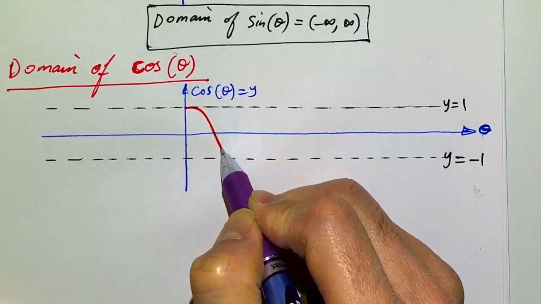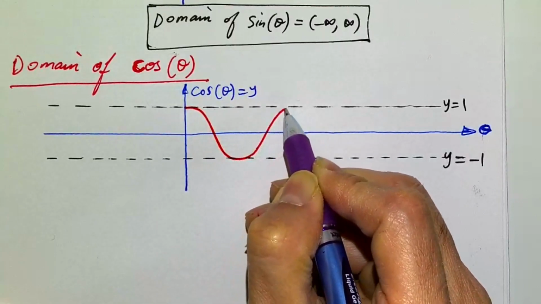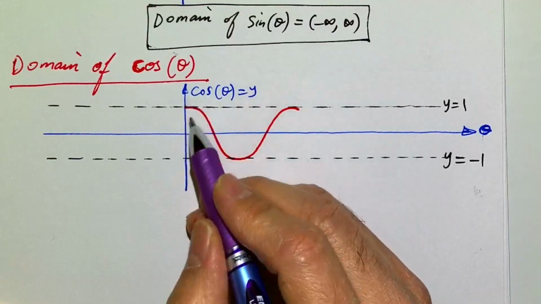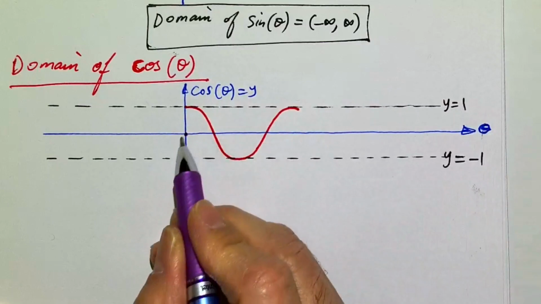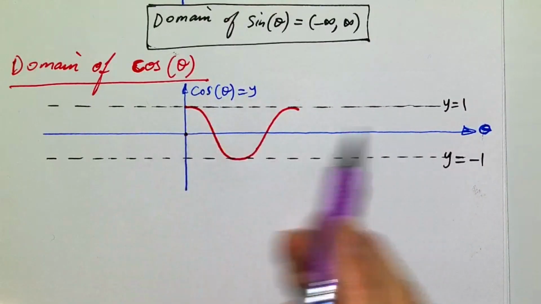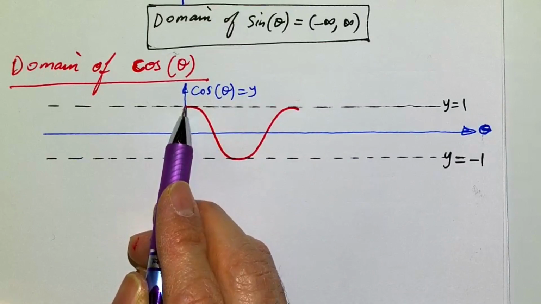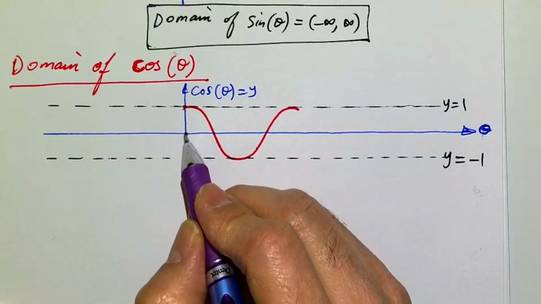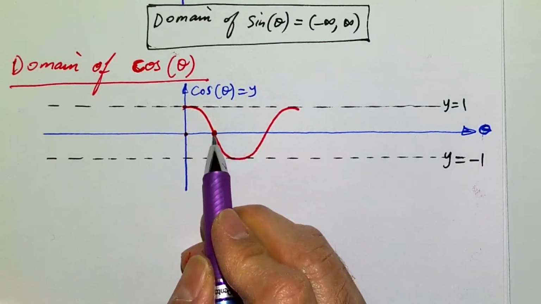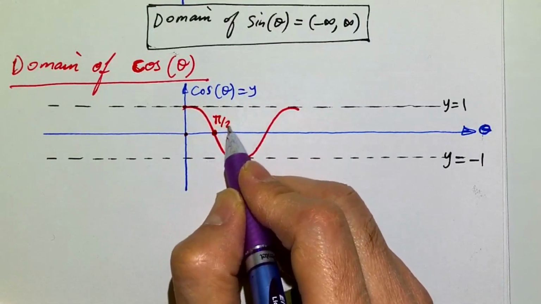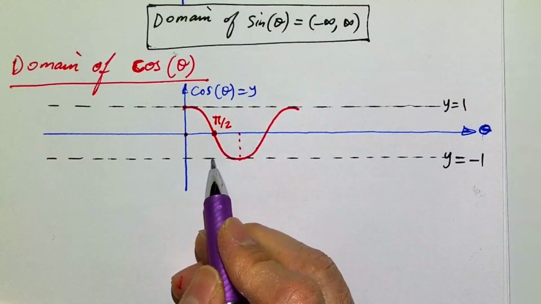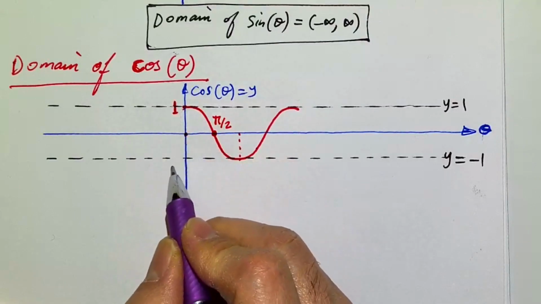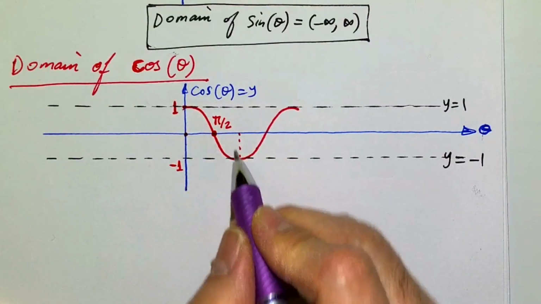So we start from here. This is what the cosine function does. It comes down here, goes back up, and then curves back down again when it hits the y equals 1 line. Okay, so now we know that at theta equals 0, the cosine function is 1. It's at its highest value, 1. Cosine of 0 angle is 1. If at 0 it's 1, when is it 0? It's at pi over 2. Then if it's 1 at 0, at which point is it -1? It's at pi.